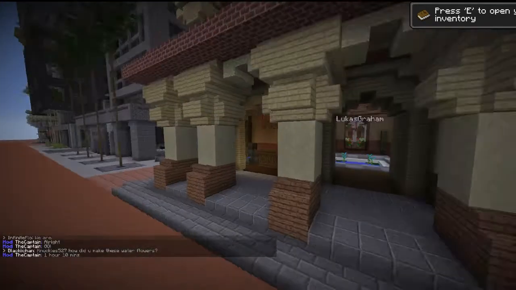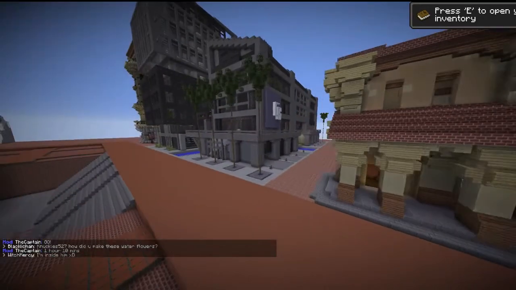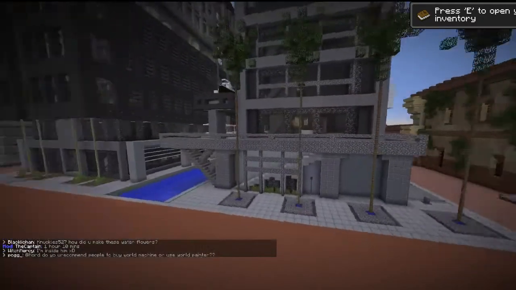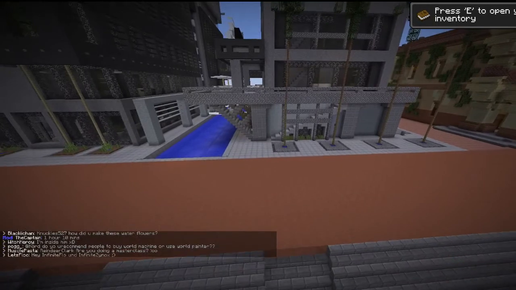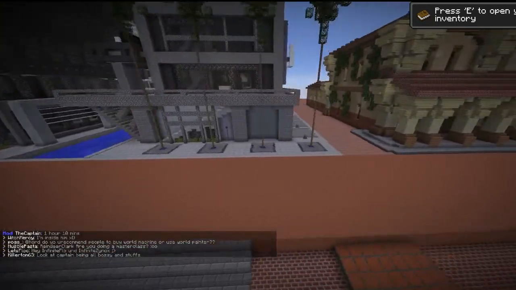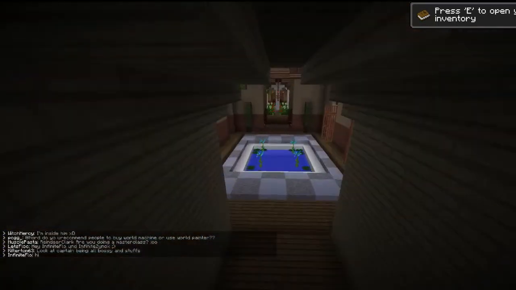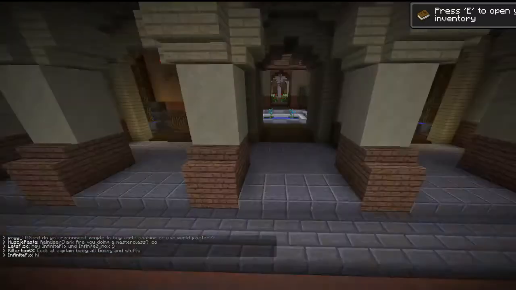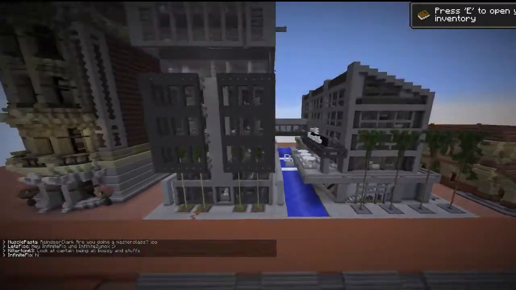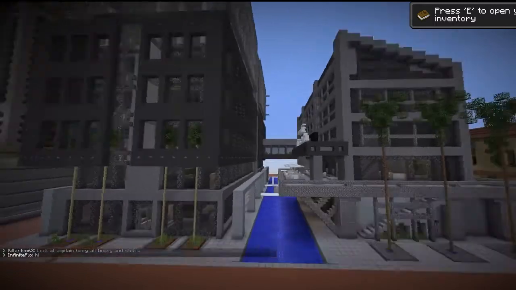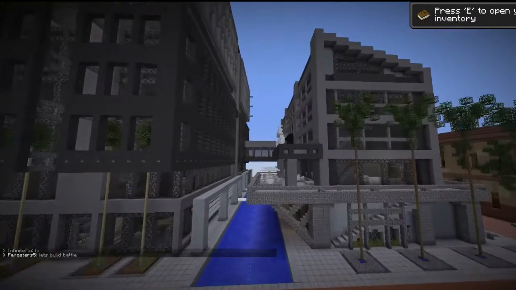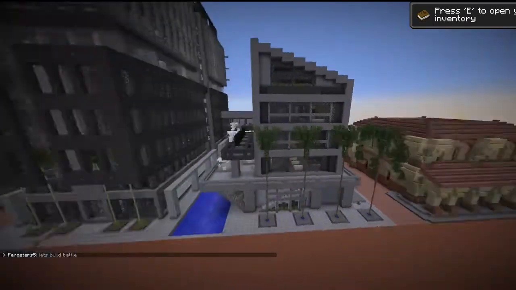So all the rooms here sort of emphasize unity and harmony. Someone in the chat just asked how I made the water flowers. I used World Edit for that, and I turned off block updates so they wouldn't disintegrate. Anyway, if we move on to the main building here, this gray one right next to the Italian villa,